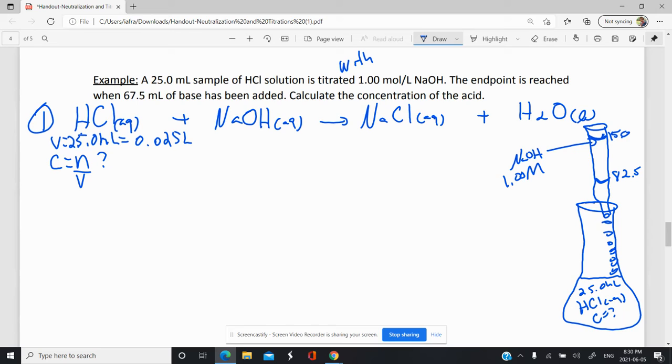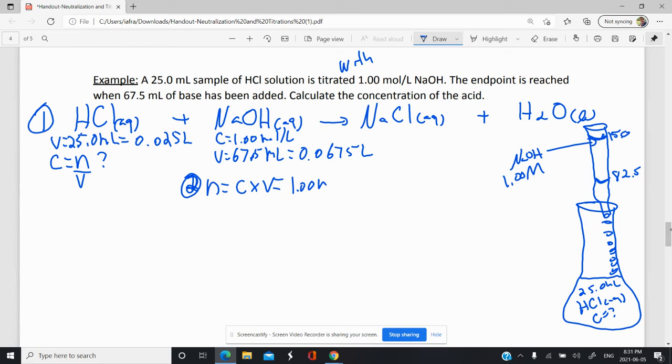So I can use that information there to figure out my concentration of HCl. So in other words, my NaOH, its concentration is 1.00 moles per liter. The volume added was 67.5 mils, which is approximately 0.0675 liters. And now what I can do, step 2, I can find the moles of NaOH to help me find moles of HCl. So remember that the moles is equal to C times V, which is equal to 1.00 moles per liter times the 0.0675 liters. Cancel out liters, and I get